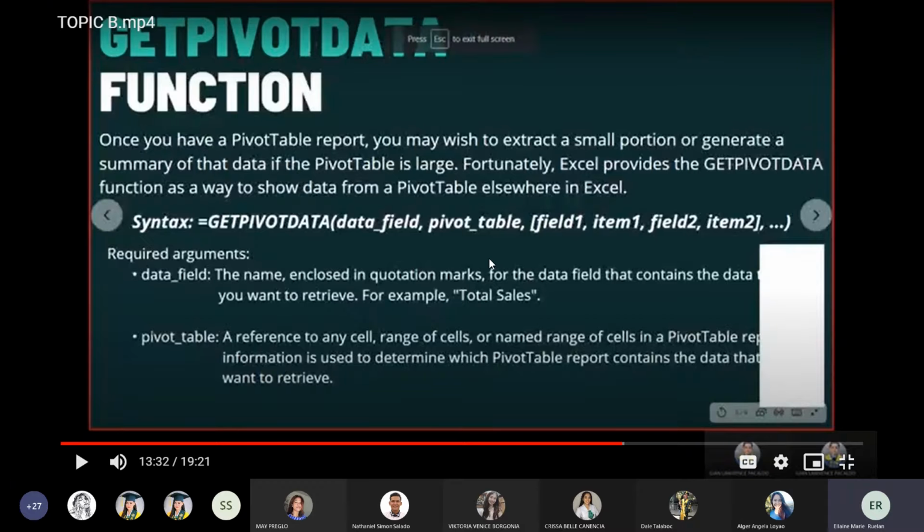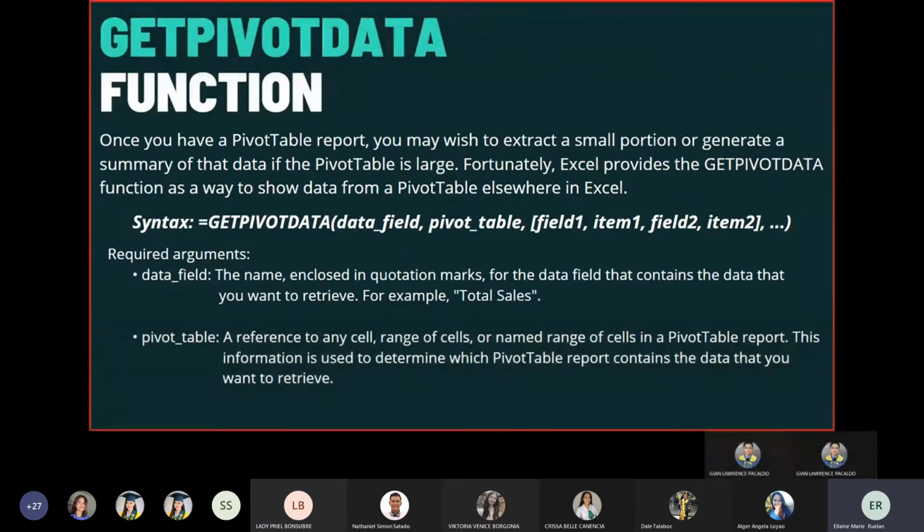So good morning, guys. So today we'll continue the reporting for topic B, analyzing the pivot table. And I believe we stopped sa katong get pivot data function. So to continue, please go ahead, Elaine. Thank you. Nakatay table, naputay get